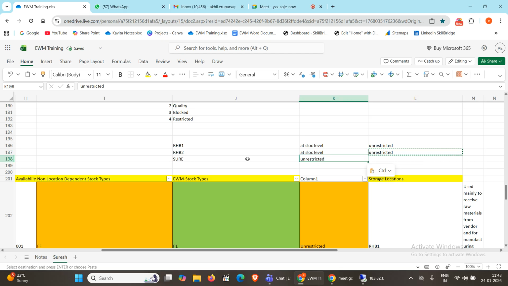So what will happen when some stocks are received in your warehouse? How will you segregate whether that stock belongs to the RHB1 storage location or the RHB2 storage location? You cannot decide that, right? Since you are using the same stock type for both, what we need to do is make it two stock types: unrestricted in warehouse,